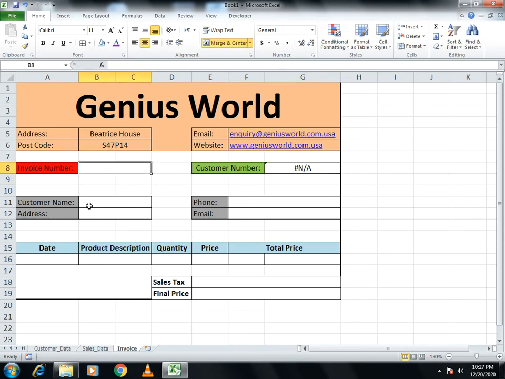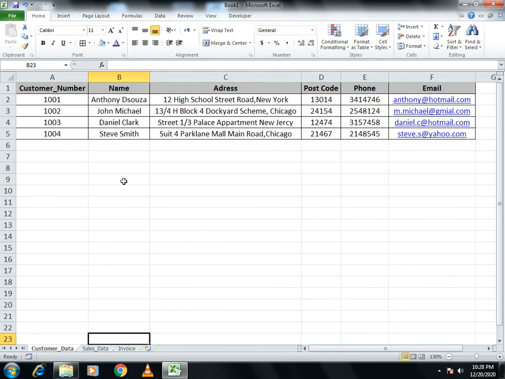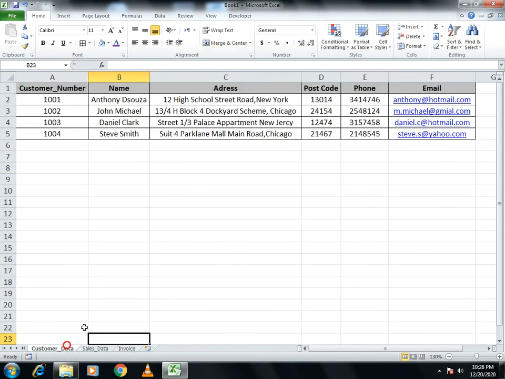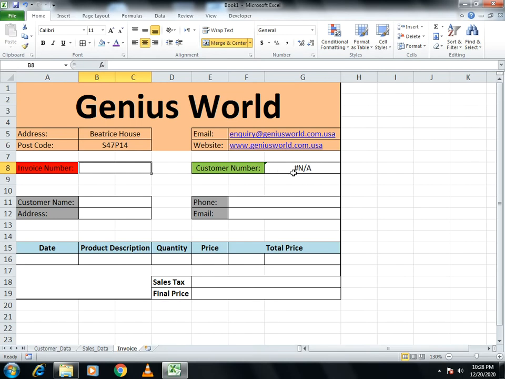Now you just need to concern the customer name, address, phone and email. Where the customer name, address and phone are available, it is in the customer data. And what is concerned in the customer number data, which is customer number. So we will just get the information from customer number for the remaining data. So for getting the data of customer name, we just need to attach the customer number, and the customer number is located here. So we just need to give the vlookup function,